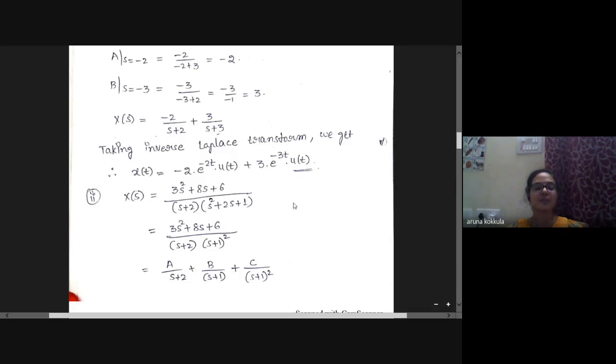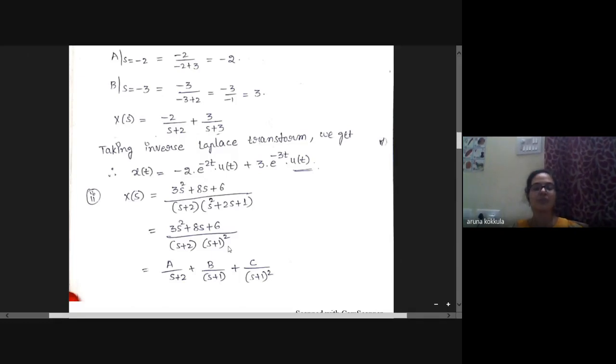Whereas the next problem, that is x of s is equal to 3s square plus 8s plus 6 by s plus 2 into s square plus 2s plus 1. The denominator roots are called poles, and the poles I got as s plus 2. Minus 2 is a simple pole, whereas s plus 1 whole square is a multiple pole,